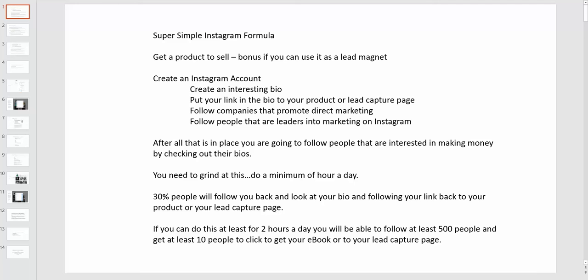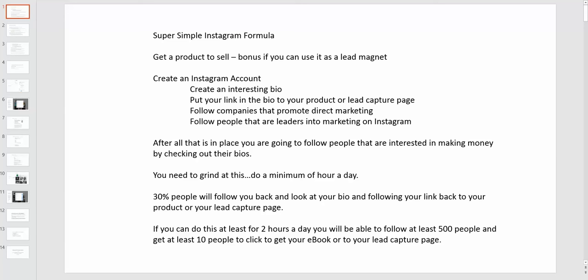What I'm going to go over today is the super simple Instagram formula, okay? Paid traffic is an investment until you know what's converting and what's not converting. It's good to start off with some free traffic. Now, it's not very easy. It's actually impossible to scale your business using free traffic. But until you start making some sales and getting some money in, it's really hard to invest any profits into your marketing. Okay, so I totally get where you're coming from. So that is why I created this video here.